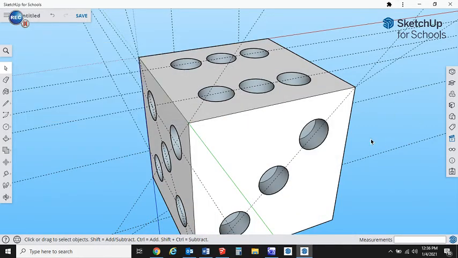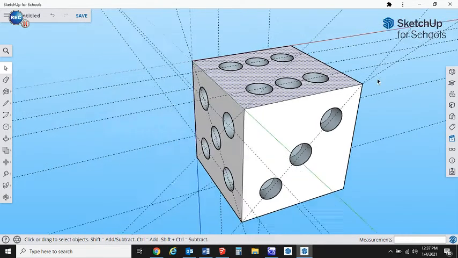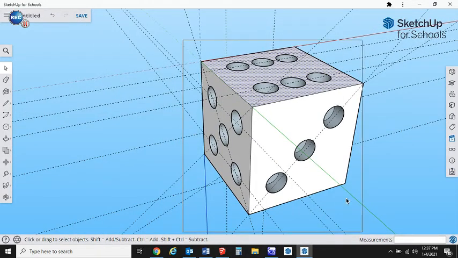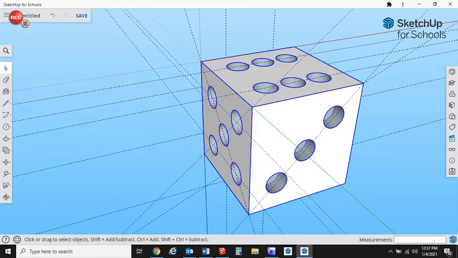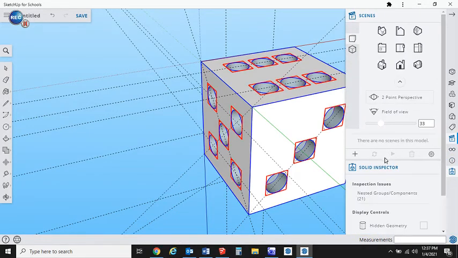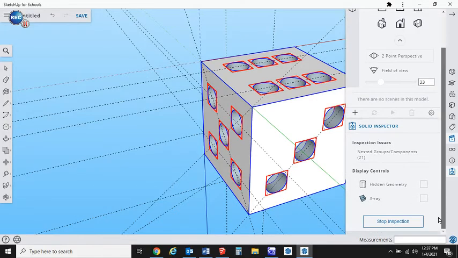And something that we haven't used before, I haven't used before anyways. First thing, we're going to make this all one big group. So we're going to select it all. We're going to make that a group now. So right click, make group, and then there's a 3D inspector on here, solid inspector, and it's going to tell us if there's any issues with